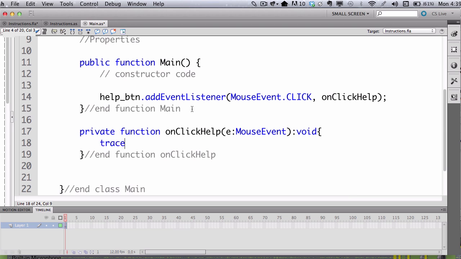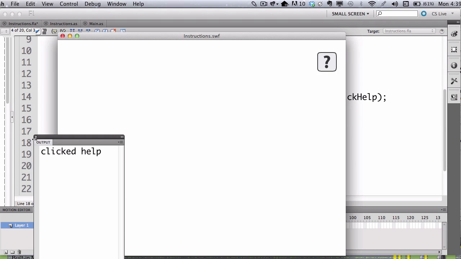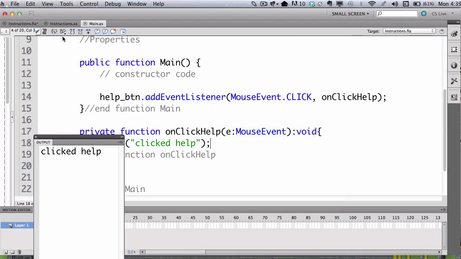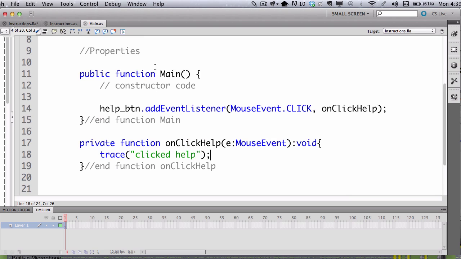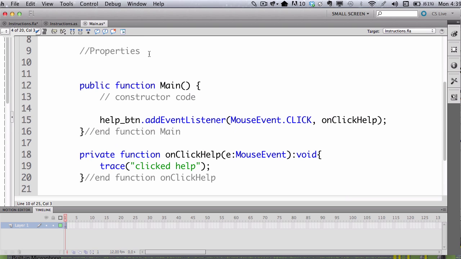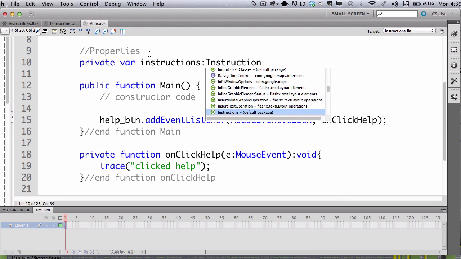Okay, and for now we're just going to trace clicked help here. So let's just run that and make sure we have our button working. Great. So we click the help. Now what we want to do is show our instructions when we click help. So what I'm going to do is create a property for instructions. This way you can have it sort of always there and ready to go. It's pretty easy. So private var instructions, and the data type here is going to be instructions,